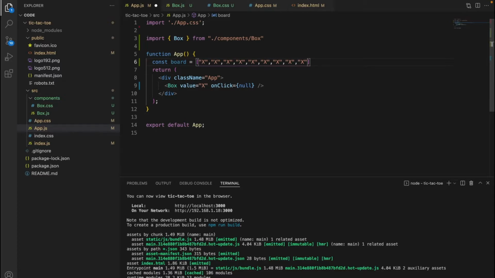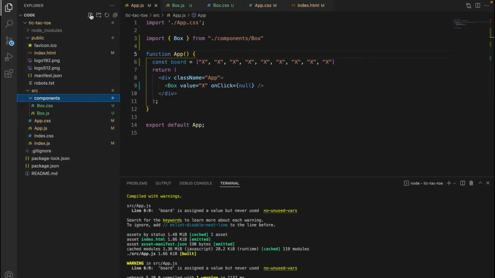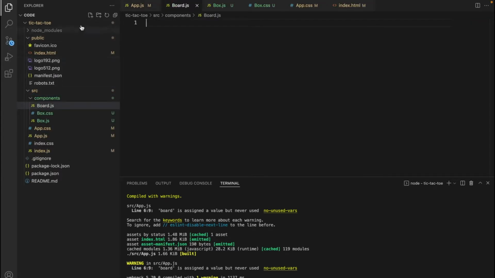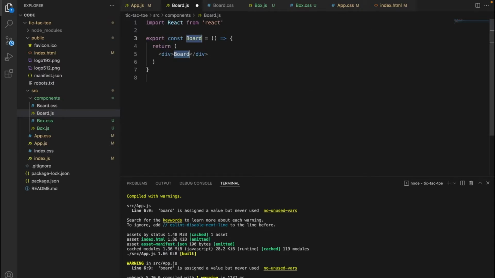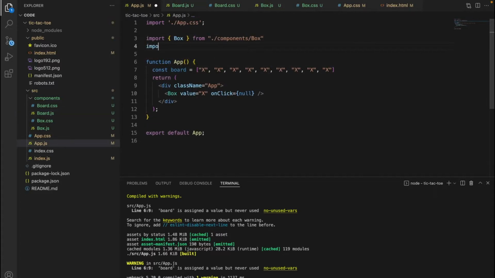And what we want to do is iterate through this list and render each of these values. So to do that, we will create another component named board.js. So we'll go into the components folder and create a board.js file and another board.css file. We go into board.js and just write down RAFC, create the functional component, and we will import it into our app.js. So we just say import board from ./components/board,